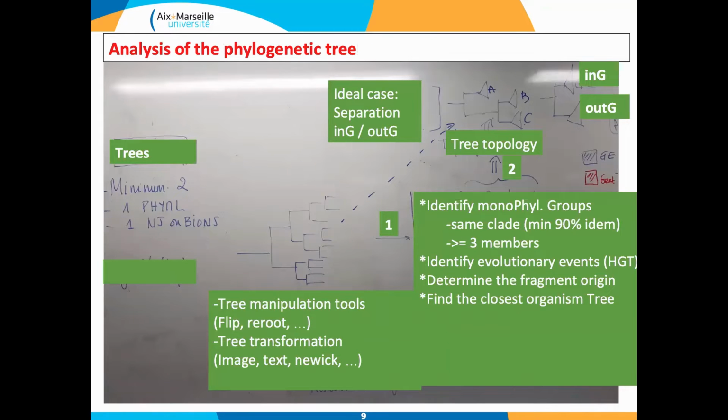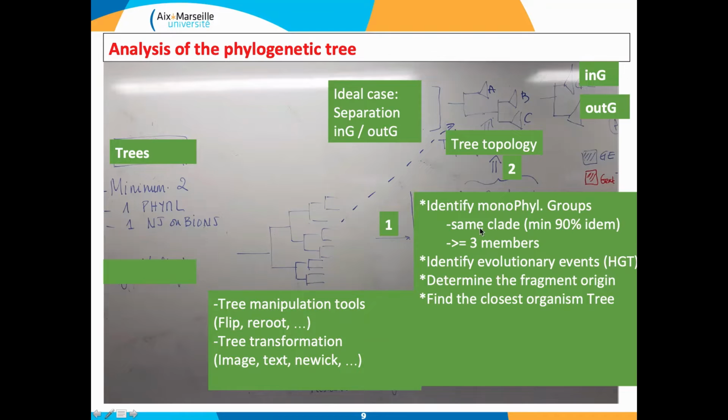So once you get the phylogenetic tree, the first thing, as you can see here in your slide, for every tree you get, you first need to identify what are called monophyletic groups. What is a monophyletic group? It's a group or clade for which I will give the details a little bit later, for which you have minimum